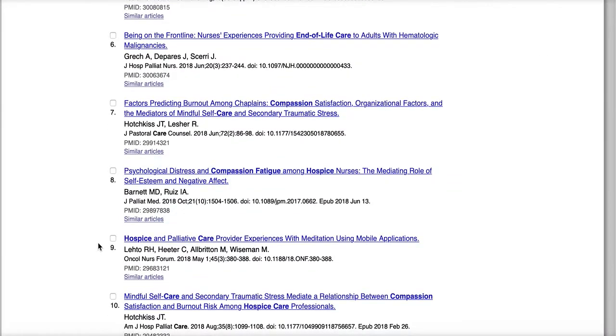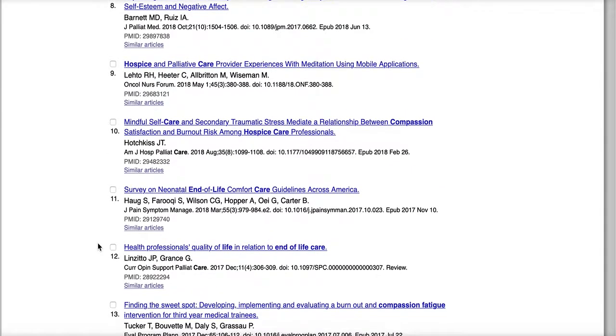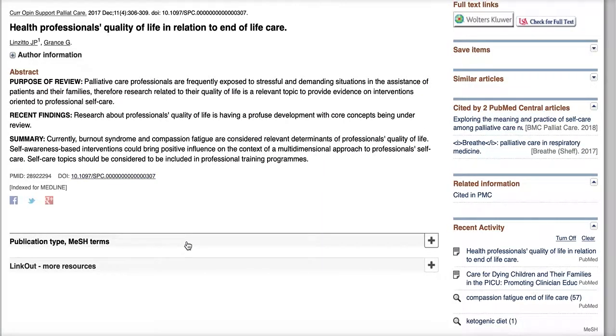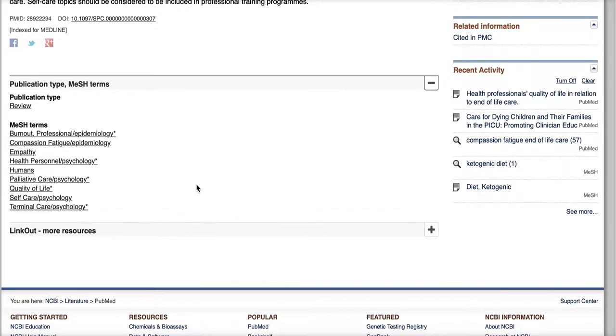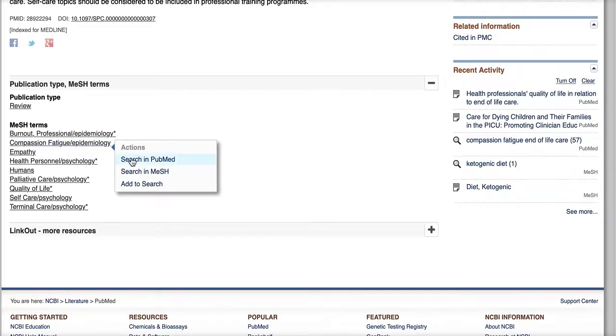If the article has come from the National Library of Medicine's MEDLINE database, it will also include those MeSH terms or medical subject headings. So if those help describe the article, if I see one that I want to search with, I can click on that and I can search in PubMed. I can also search in the medical subject heading database or MeSH database. And if I click that,